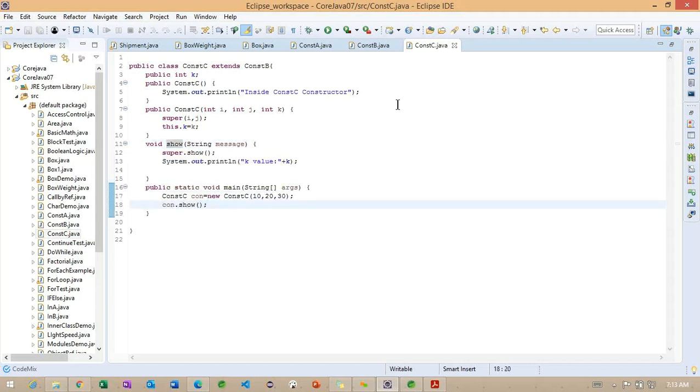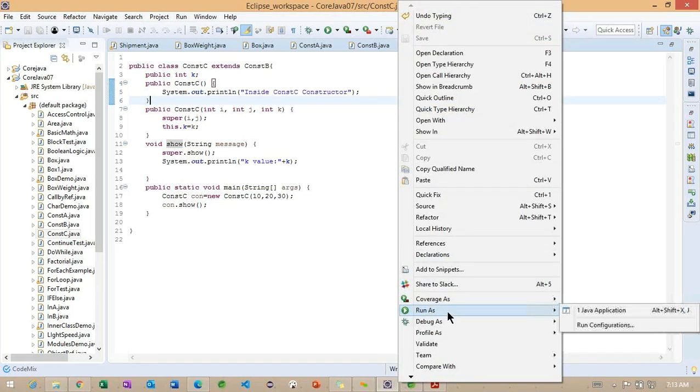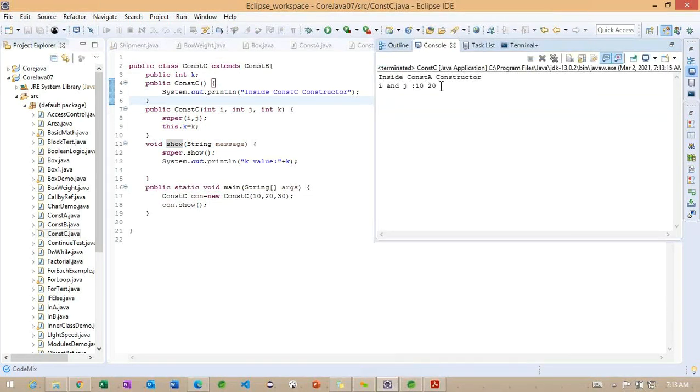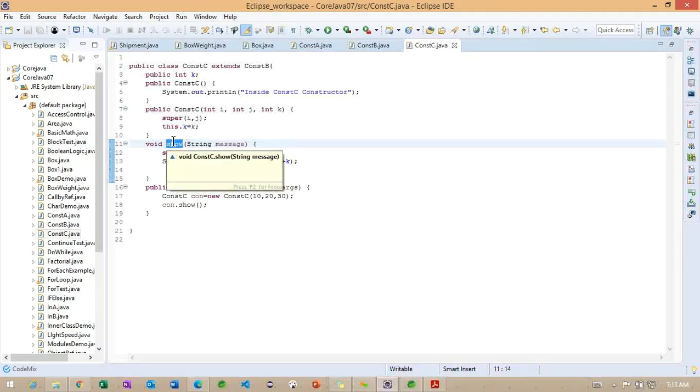So now if I run the same example, carefully observe which one is executing here. The i, j values we are getting. Why is this method not executing? Because it is expecting one parameter here. The parameter we did not pass as of now. Getting the point? So that's the reason.